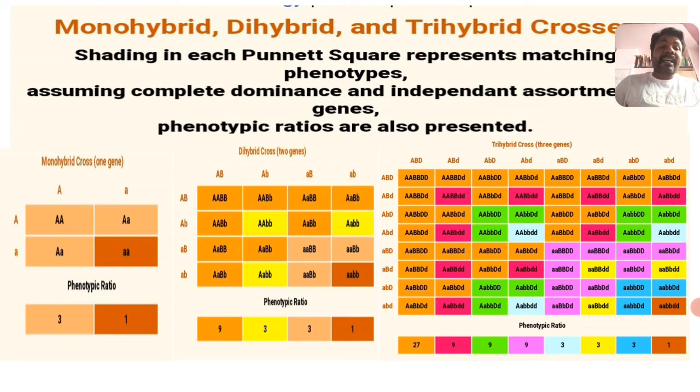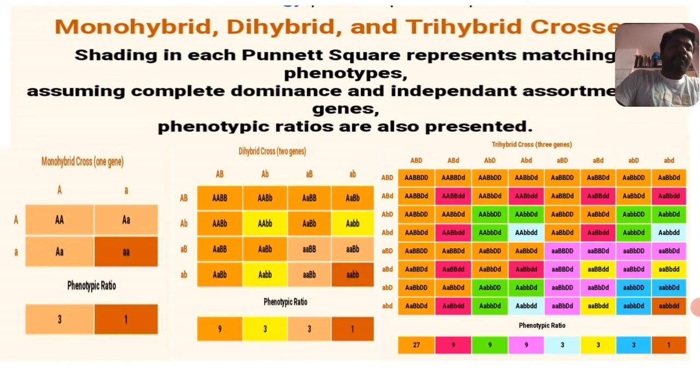But in the trihybrid cross there are 3 different characters in a single gamete, that is A, B, D. You can mention A, B, C also, A, B, D also, P, Q, R also, you can take anything here. But from the examination point of view, these things are very important. A trihybrid cross is often asked as a 10 mark question, even 5 mark questions also. So one question is compulsory for the problem part. That is capital ABD crossed with capital ABD.